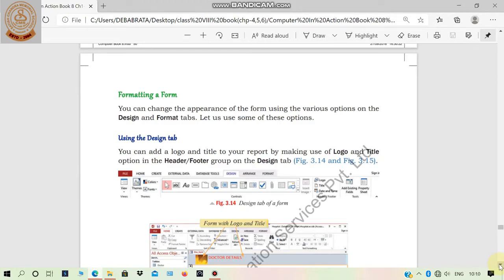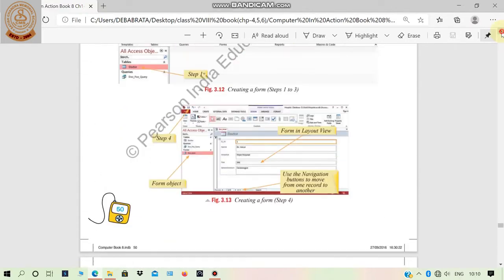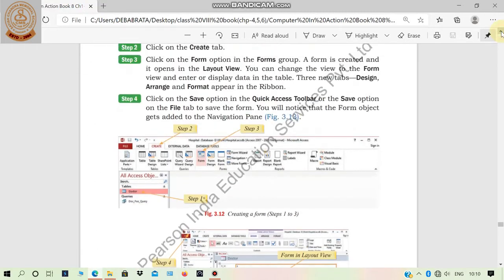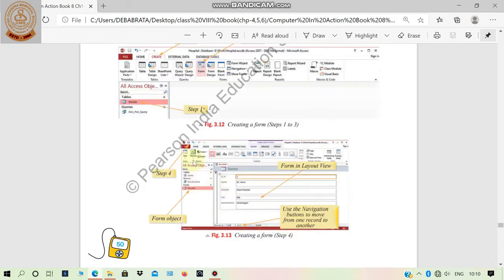You can change the form design by going to the design tab. Before describing the design tab, I want to tell you one thing, that when your form is opening in this layout view, you can see the layout view. This is the layout view of the form.